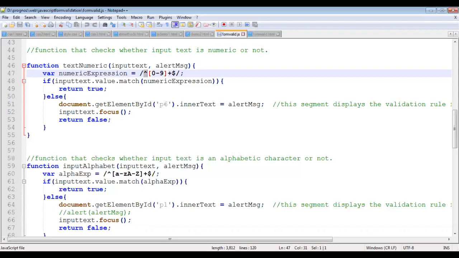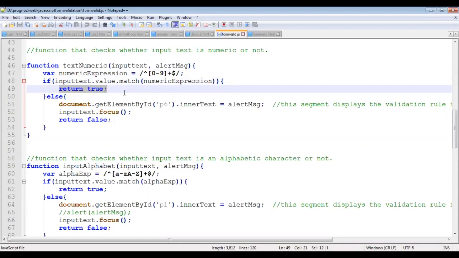Now, within the parameter I have already taken inputText, so we will check if inputText.value.match(numericExpression). If the text box data matches this pattern, then only we will return true. Return true means the validation is successful.